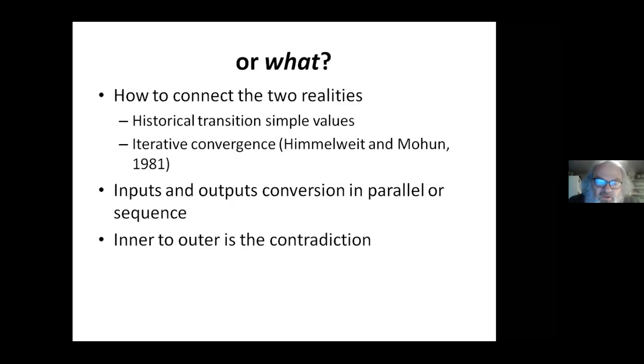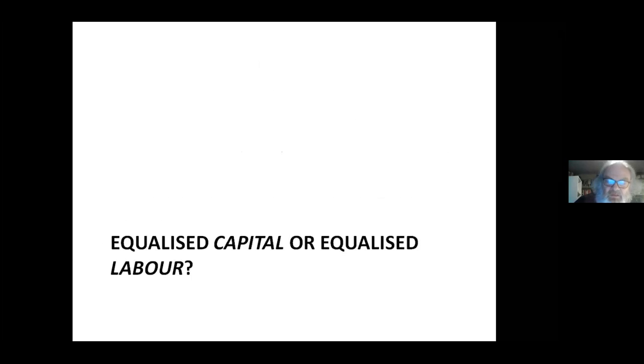And of course, what I'm arguing, and I follow another line of thought, which is present in the literature as well, particularly in the non-English literature, I would say, which is that the transformation is much more about the inner to outer rather than the input to the output. And the contradiction lies not between inputs and outputs of commodities, but between the inner nature of value and its outer form of expression. And I'll come back to that, but I'll try and sensitize what I mean by that